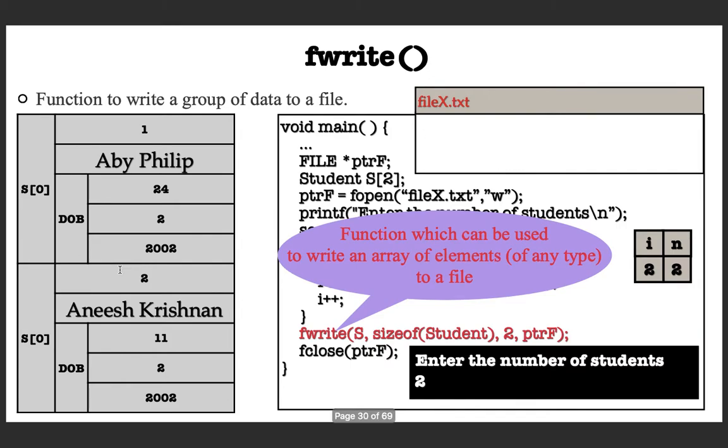And note that there are 4 arguments, and later after discussing this example we can formalize the syntax for this. Now please don't worry about it. You have to pass the starting address of the array and the number of elements, and some other things are there. And if you execute, you will get the entire array written onto the file.